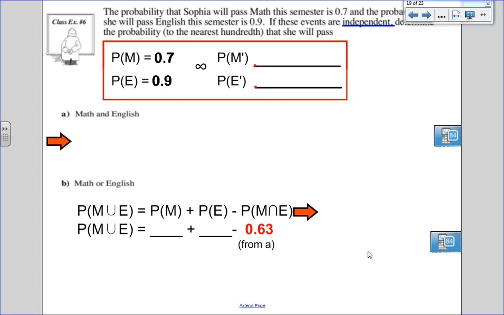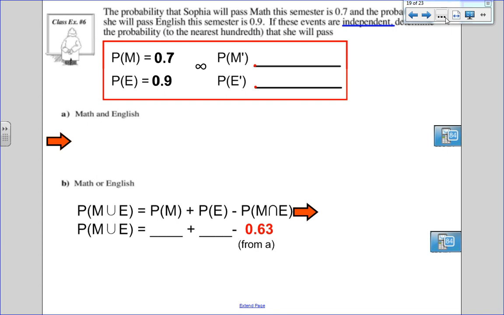Okay, for number 6, let's try some probabilities involving decimals instead of fractions. The probability Sophia will pass math this semester is 0.7. The probability she will pass English this semester is 0.9. If these events are independent, in other words, passing English doesn't impact passing math, I want to determine the following